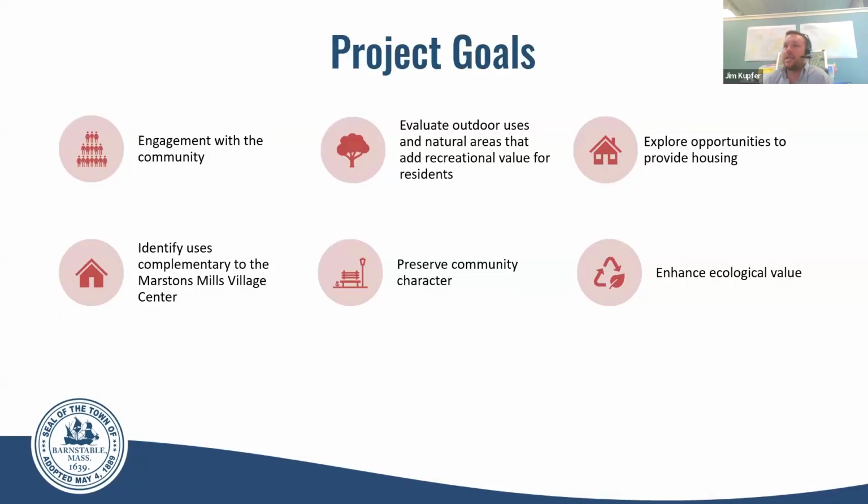So when handed the project, these were identified as the project goals. Next will be our objectives and goals. These are kind of outlined as our goals and objectives for the project. They're not hard or fast. They can mold and morph into what the community wants based on all the feedback that we get. And that's why number one in our project goals is engagement with community. This is our first step.